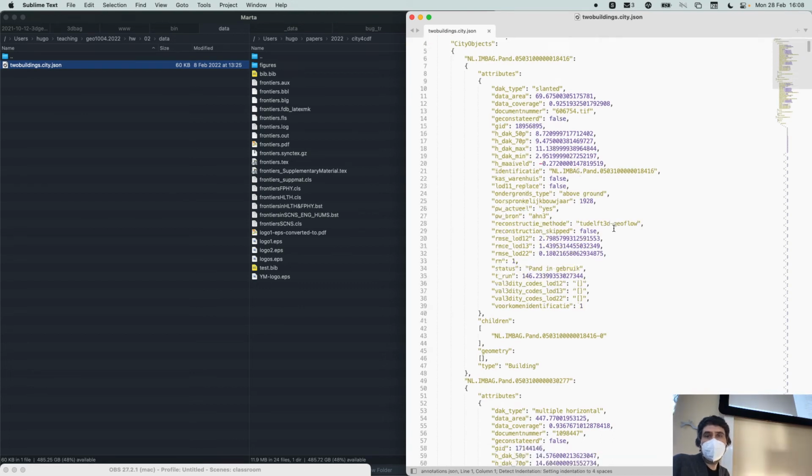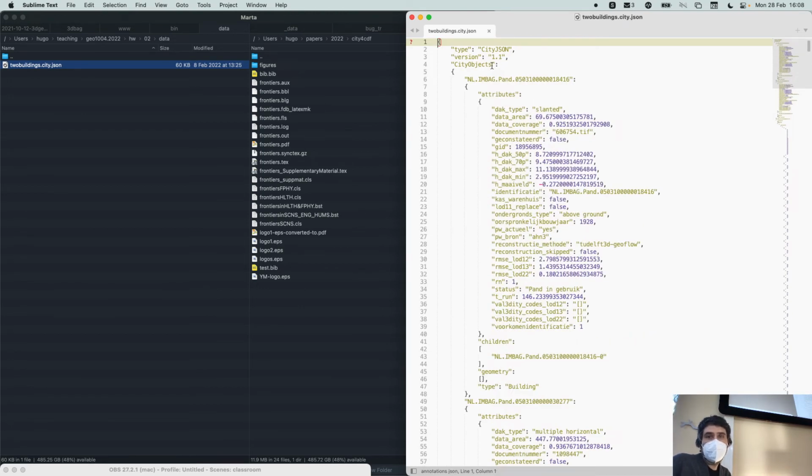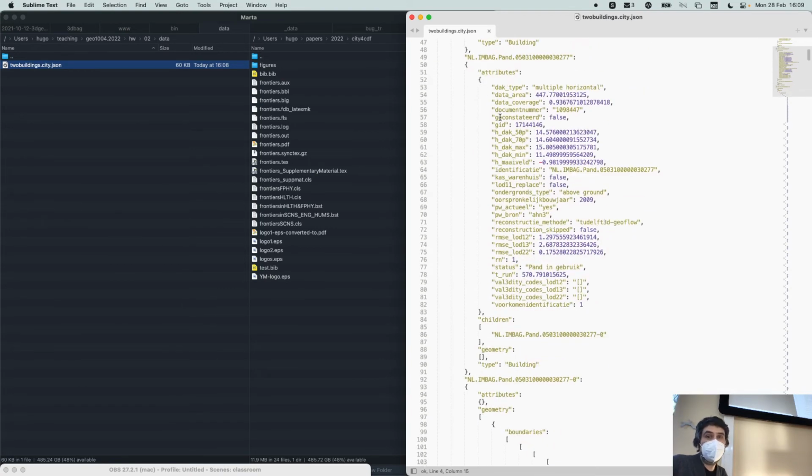So here I have 2 buildings. As I said, it should be called type CityJSON. You should have city objects. But what if you made a typo somewhere and wrote that here? Then you would like to know, because the software that will read your file will look for city objects, and computers are not super intelligent. They might not say, oh, city objects is not there, so I'm going to try to permute all the letters to find if you've put something there. No. So if you have a file, you want to make sure that you have type, version, city objects, and if you have attributes, that everything is there where it should be.